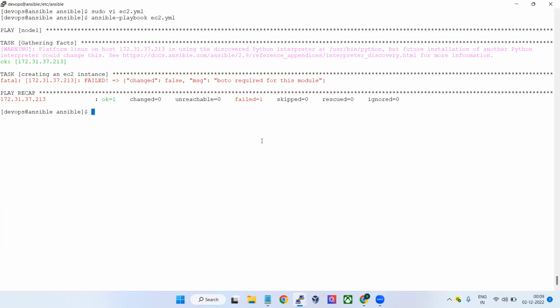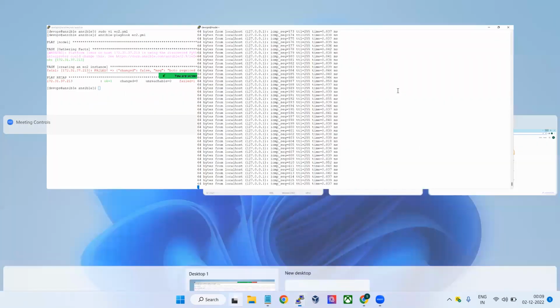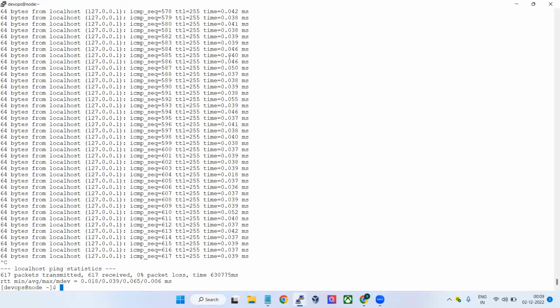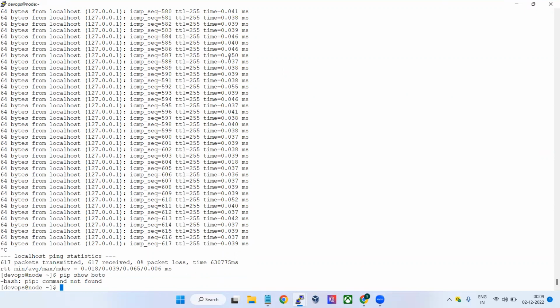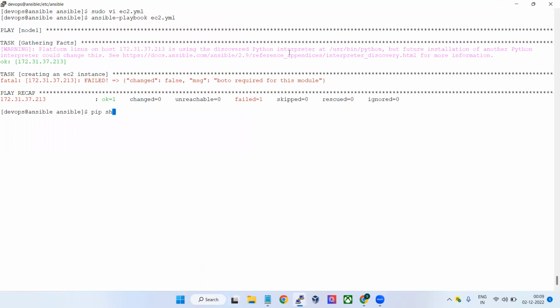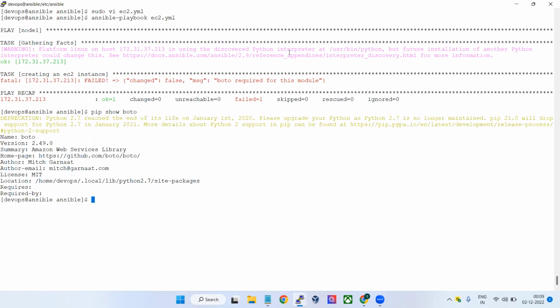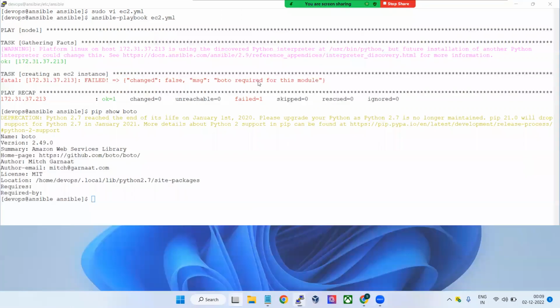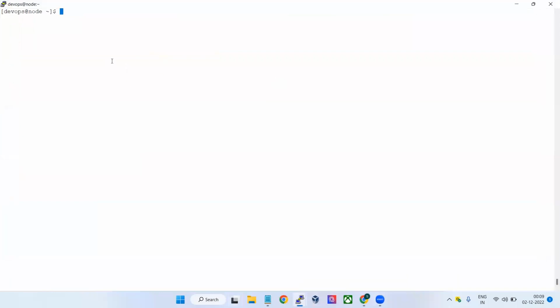I think I have installed Boto. Where have I installed it? In this machine. Okay, let's check. Okay, mistakenly I have installed Boto in my controller node. I want to run this on this another node, right? So here we need to install